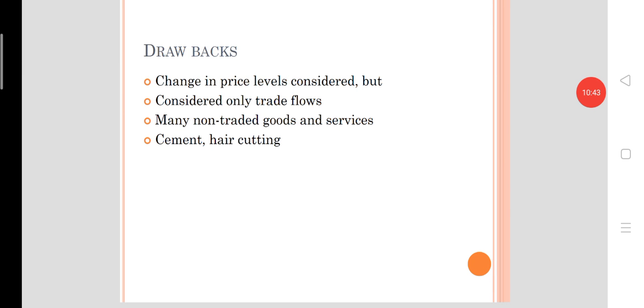And all the drawbacks of the absolute purchasing power parity theory are also the drawbacks of the relative version of the purchasing power parity theory. Here the only difference is that a change in price level is considered, which is good, and